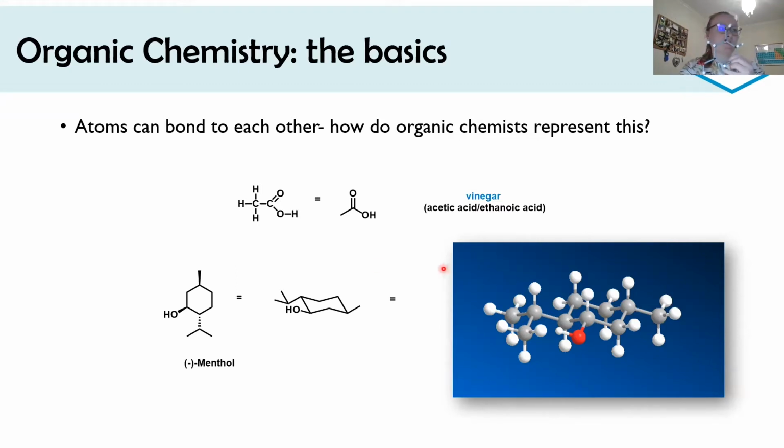But you can see that I've got some bonds that are these sort of wedge bonds and some bonds that are these hash bonds. So the wedge bonds mean that the group of atoms or the atom is coming out of the page or out of the screen towards you. So that would be this group of atoms that I'm spinning around here. And the hash bonds mean that it's going sort of into the plane of the page or the screen. So that would be, it was coming towards me, as you can see, this group here, because coming out is this hydrogen here. Hopefully that makes sense. I'm sorry that this is not such a nice model as this is, but I have some nicer models for you later. Okay, so